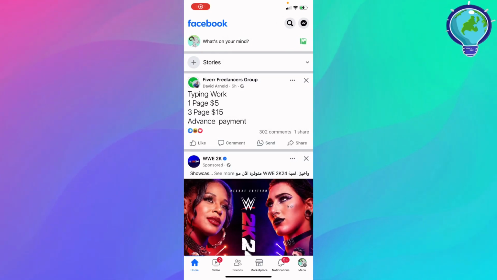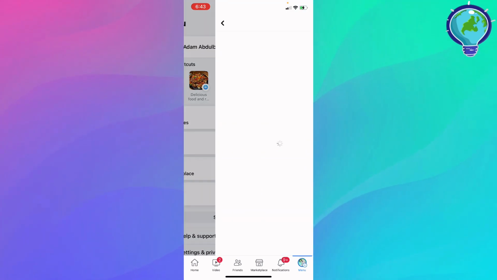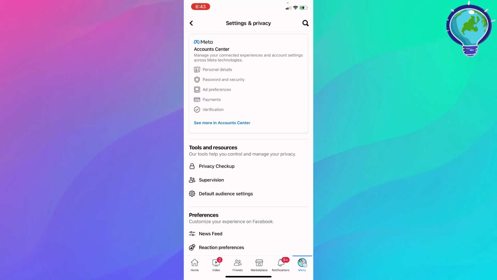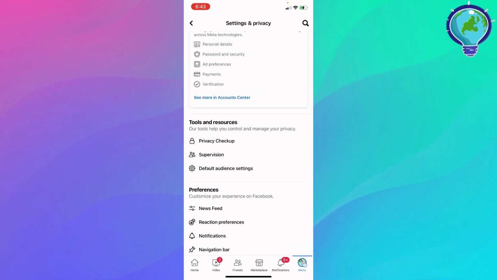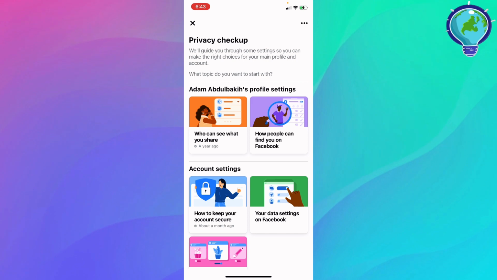How to make private Facebook account. So first of all, just go ahead right here and click on your menu at the below right corner, and from here what I'm gonna do, I'm gonna just go ahead and click on the settings gear at the top right, and from here you're gonna find the privacy checkup. So just go ahead and click on it, and basically what you're gonna see